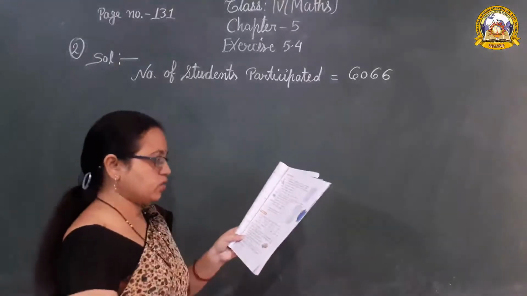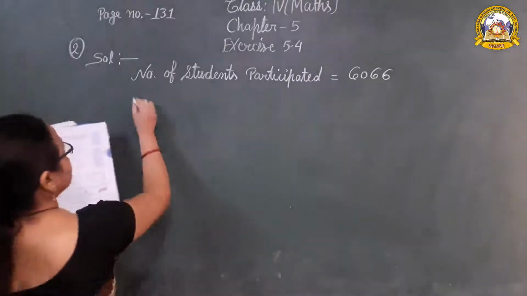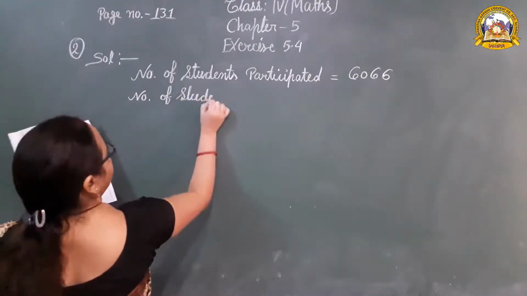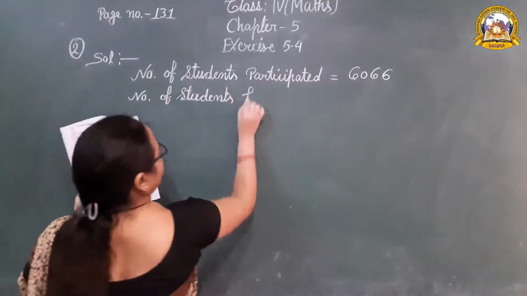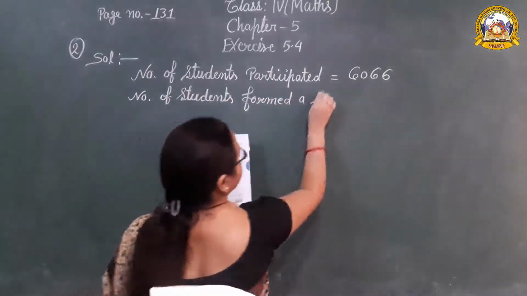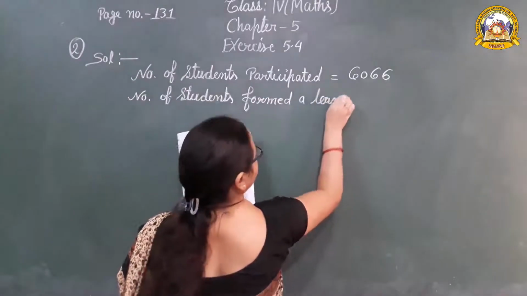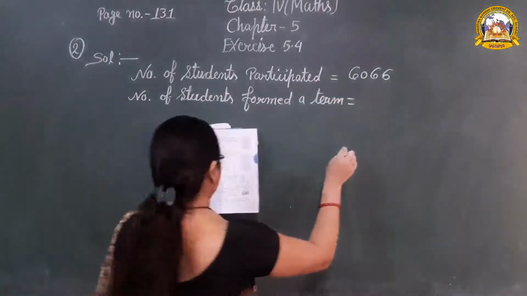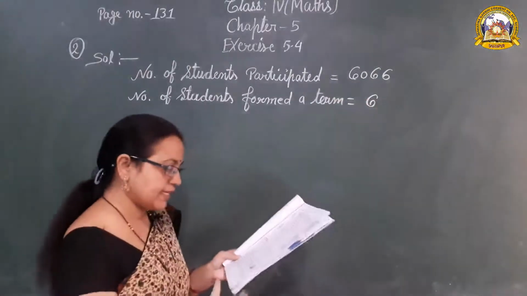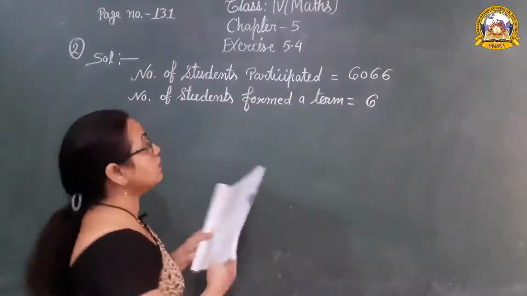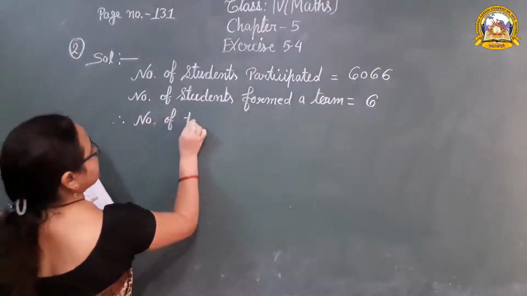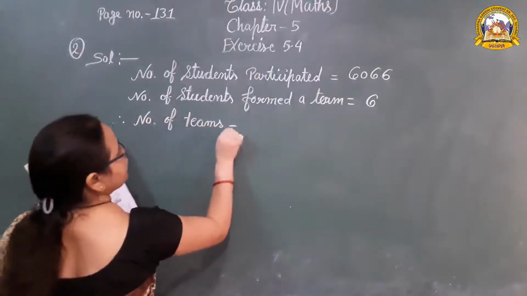And 6 students formed a team, so number of students in a team is equal to 6. What is being asked? How many teams were there? So number of teams is equal to